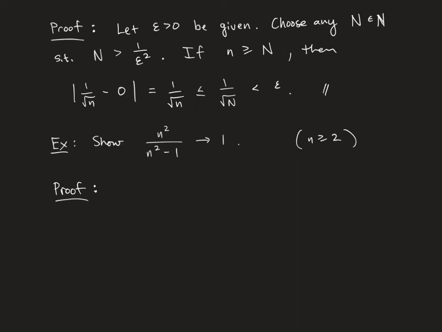So again, in the proof, get in the mindset. You have this skeptic who doesn't believe that this thing is getting close to 1. So they're going to issue you an epsilon. So you let epsilon greater than 0 be given, by your skeptical opponent. And then what do you have to do? You have to show that this sequence is going to be within epsilon of 1 once you get far enough out into the sequence. Okay, so you're going to choose